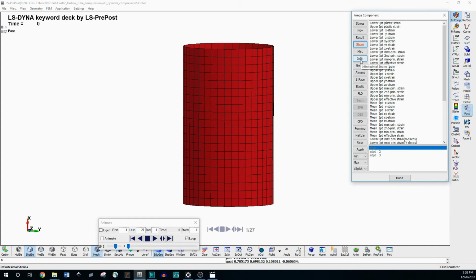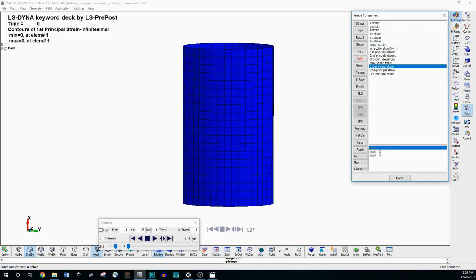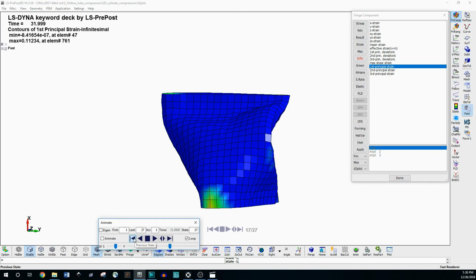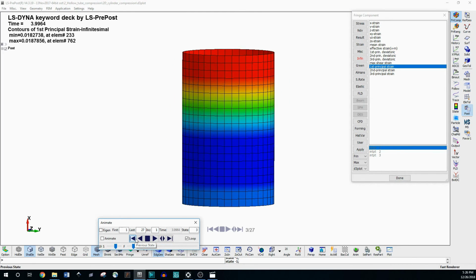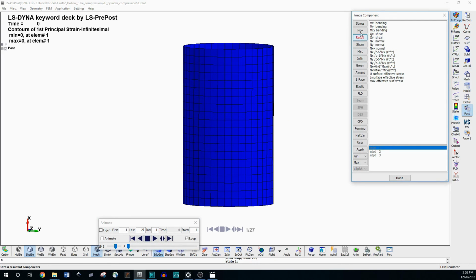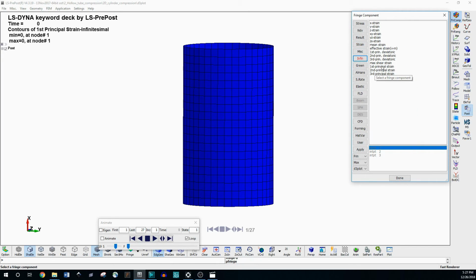If you want to look at engineering strain, you can use infinitesimal, and then you can look at something like first principal strain here, and then click through, and it's going to give you a strain history. But you can also just go to the normal strain or stress and then convert any output after. But if you actually want to have a video, you want to make sure it's in the correct units that you're comparing to. So we'll go ahead and go to infinitesimal, go to first principal strain,